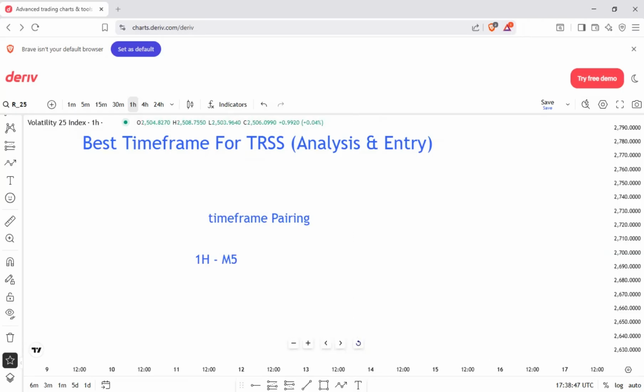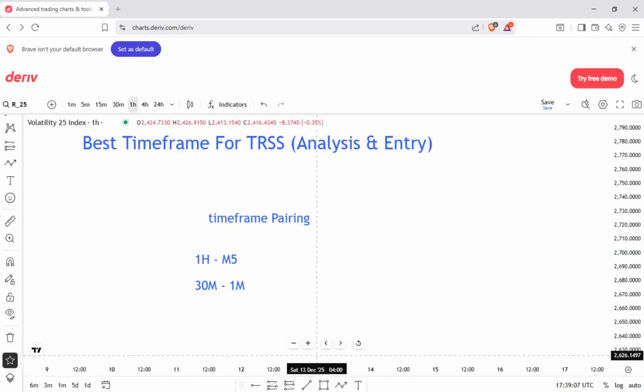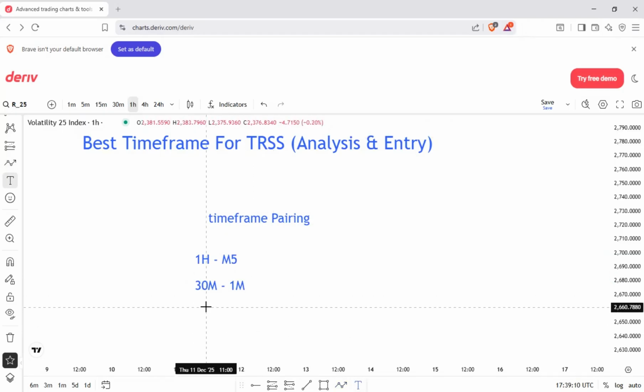If you're making use of the 30 minutes time frame for analysis, that is when you will use the 1 minute time frame for your entries. And if you're making use of 4 hours for your analysis,